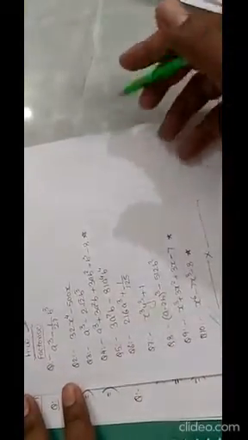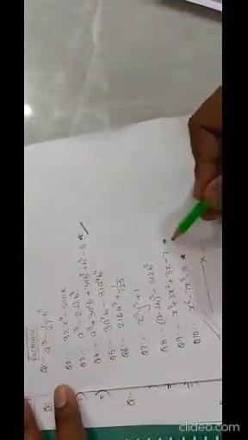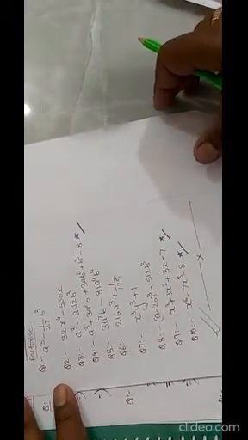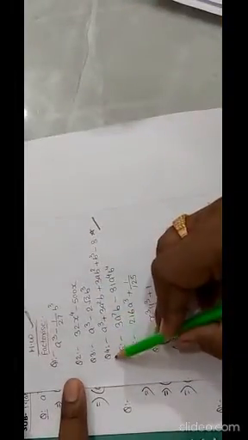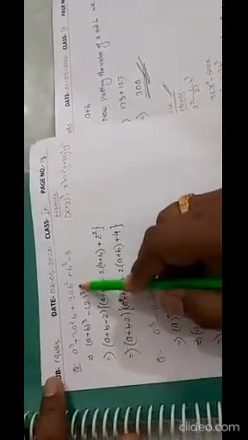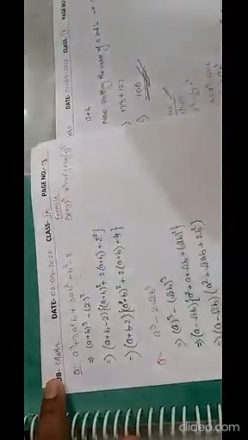Now we have already discussed some of the problems yesterday, and I have given you some of the questions, I think 10 questions in the homework. But some of the questions I have given you, I hope you all have not completed, because it's a typical question. So I'm just going to discuss it. The question number 4 is a cube plus 3a square b plus 3ab square plus b cube minus 8.